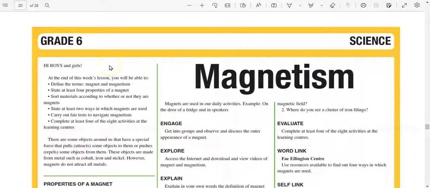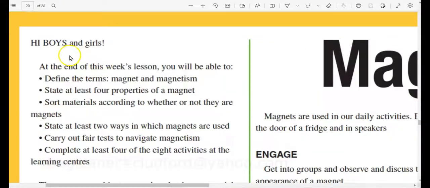In this episode, we are going to be looking at magnetism. Hi boys and girls, at the end of this week's lesson, you will be able to define the terms magnet